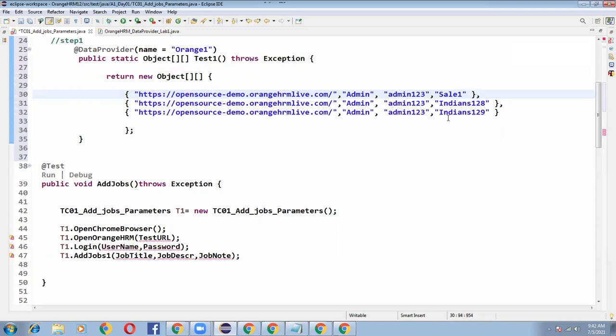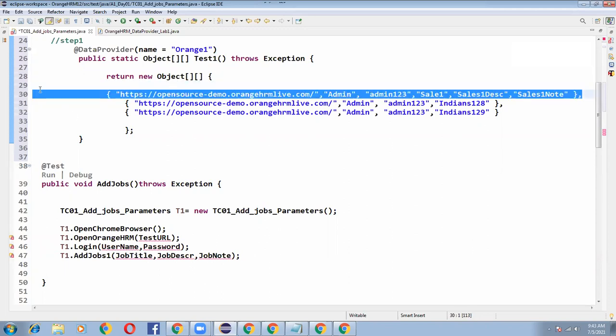So I will write sales1, sales1 description, and sales1 note. This is the one I want to write. Let me copy this line one more time.